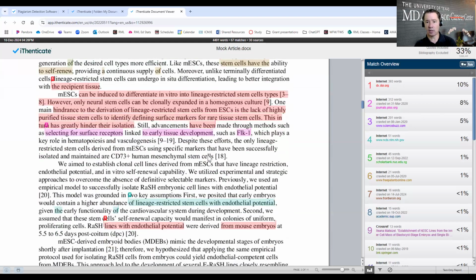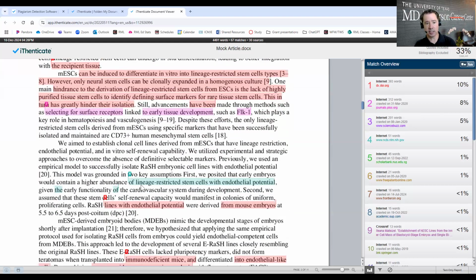Some other things that aren't really problematic, things like specific terms. Lineage restricted stem cells with endothelial potential is an actual thing, and this is what the things are called. And iThenticate flags it, but it's not problematic because that's what the thing is called. Now, if this term appeared in the middle of a block of text, that would be concerning, but alone, not